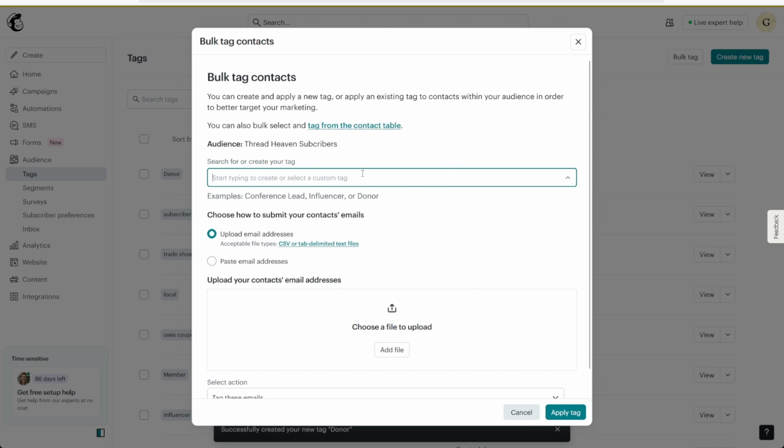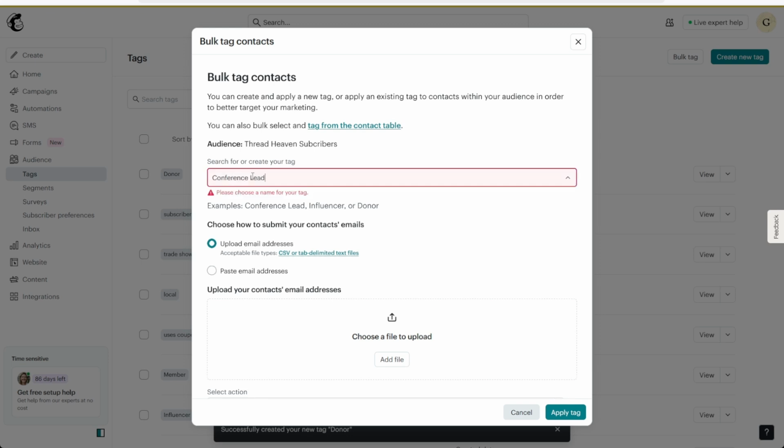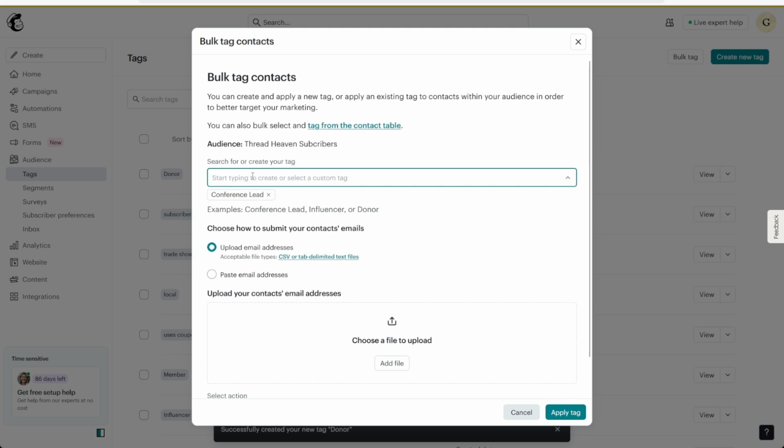You need to start typing to create or select a custom tag, let's say a conference lead. Now, once you have your tag, simply click on enter. And once you click on enter, it will automatically show you the tag. You can add even more, let's say influencer, and then press on enter. It will add again. Let's add a new donors, click on enter, and as you can see, it will automatically